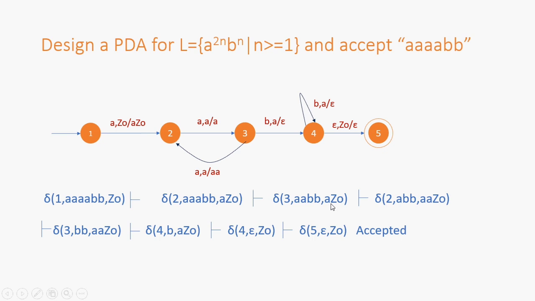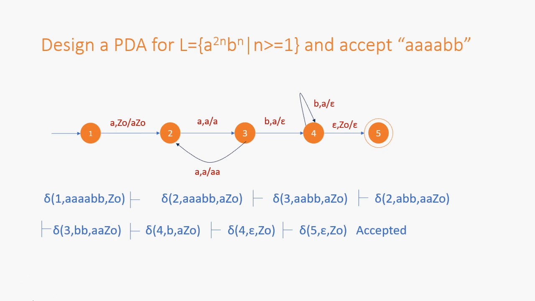Input is a, topmost symbol is a. Now this is the third a, that is an odd number of a. Again we push a inside the stack, so there will be another a here. Now we are moving to state number 2. In state number 2, input is a, topmost symbol is a. Now this is the fourth a. So fourth a means we are not touching anything. Odd number of a's we push, even number of a's we don't touch anything, because the stack remains intact in this place. Now in state number 3,